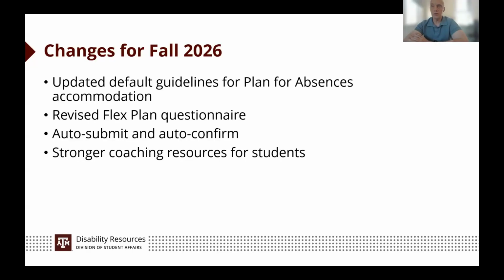And so auto confirm basically says if a student submits their request in a reasonable time frame, which you said on your questionnaire, by the way, if they submit in a reasonable time frame and the request matches your plan, we will auto confirm that if you've given us that guidance on your flex plan questionnaire.